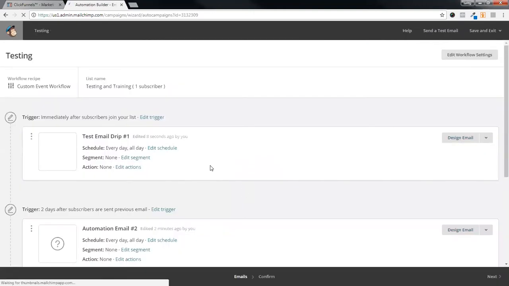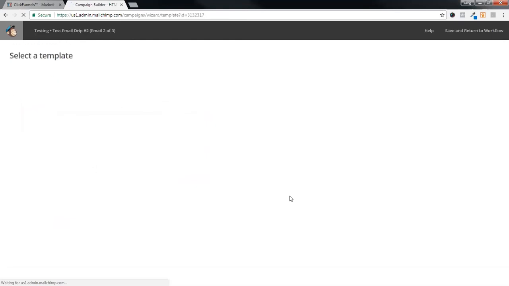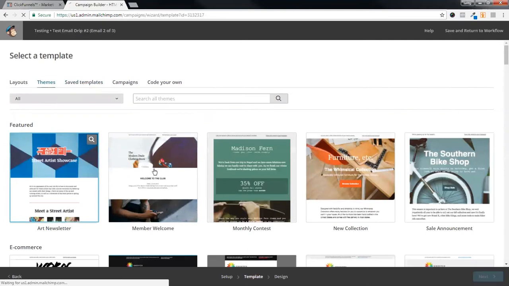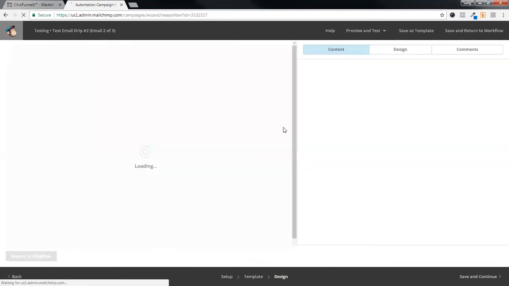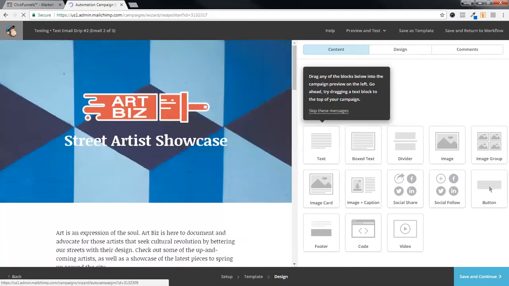And this email is now set up there. And I would do the same for these other emails. So let's just do testing drip number 2. Let's copy this and go next, and let's go to themes and say I pick this one. Again, this is really like the crash course, and it'll take a little time for you to make the emails look the way you want them to look, or as basic as you want them to be. But we're going to do save,